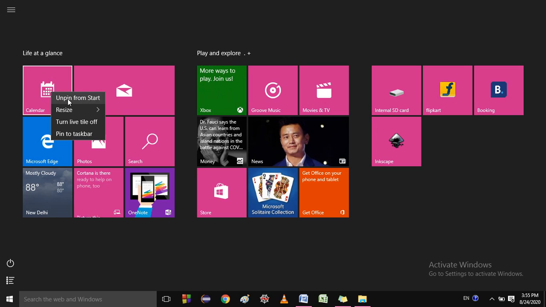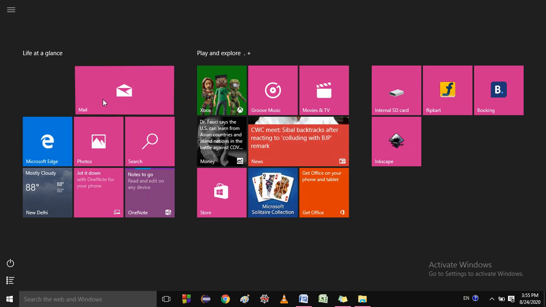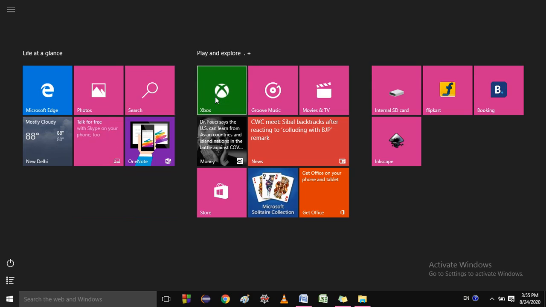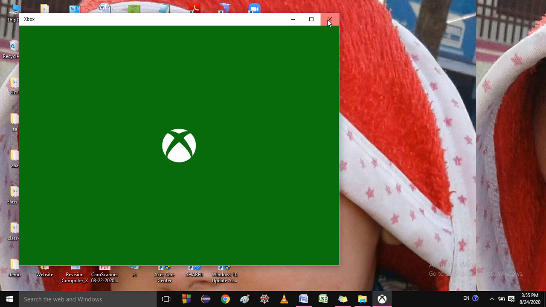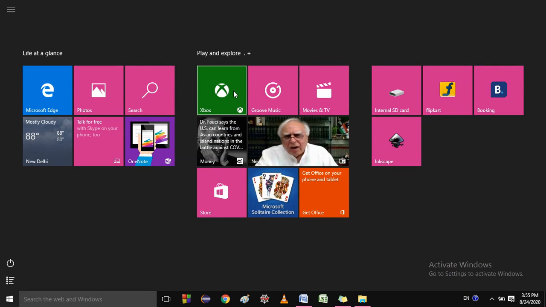So you're getting the option unpin from start. The app context menu appears, then click on unpin from start. It is removed from here. I want to remove this one, unpin from start. I want to remove this one, unpin from start.